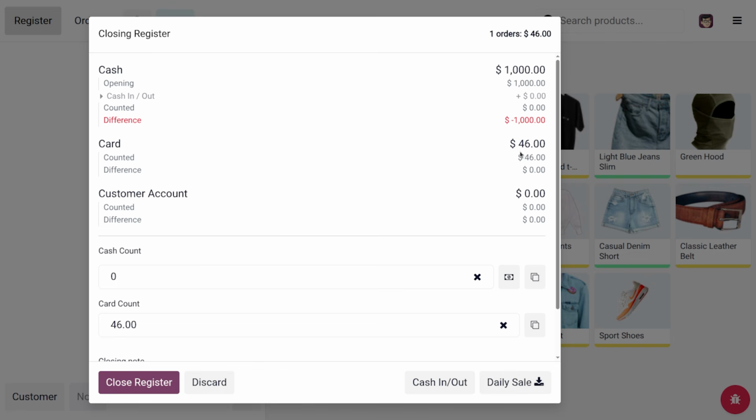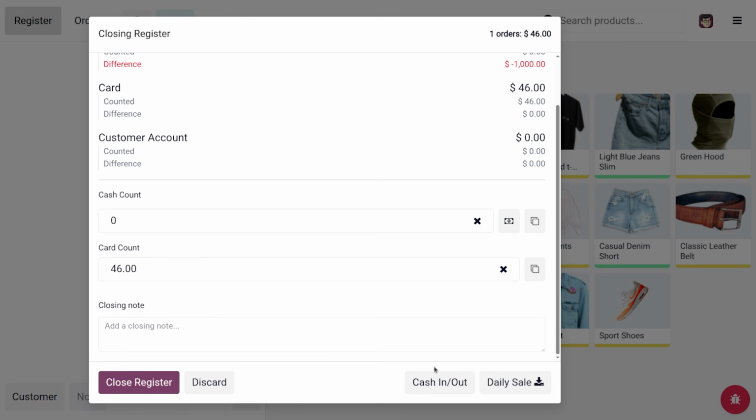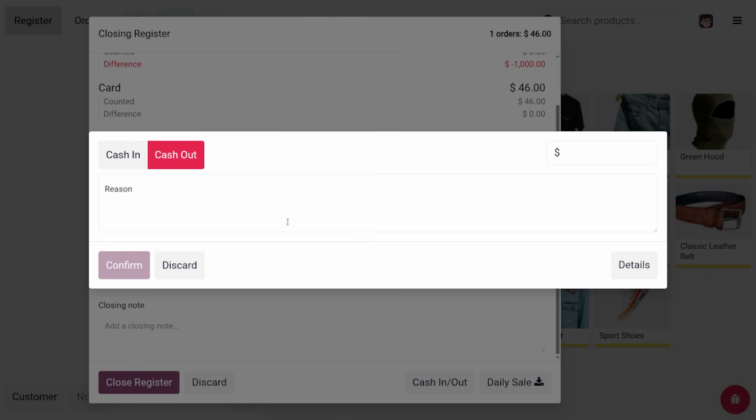The card counted value is 46, and you can find everything over here. If you want to manage with the cash in and cash out, you can also just manage that with the reason. So if you have received anything with a cash reason, you can just simply provide the amount over here. So we can say that we have a cash in of 46, and here you can see